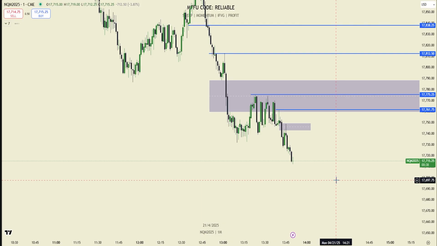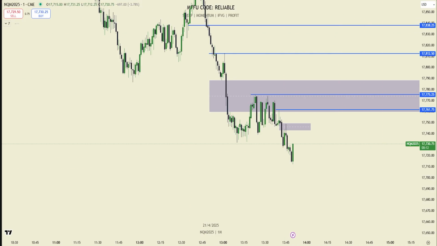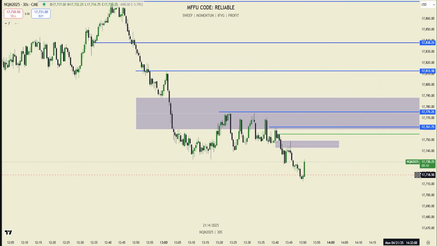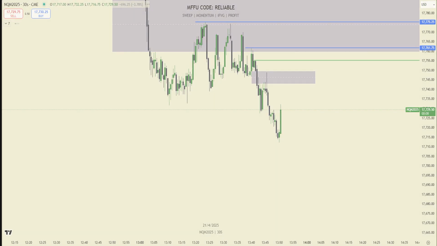So I got hurt today from SMT. I was looking for longs because of it and lost. As long as we're respecting bearish PD arrays, SMTs really don't matter. They're only really good as a hindsight thing to look at, once we start disrespecting bullish PD arrays to the downside if you're bearish, and bearish PD arrays to the upside if you're bullish. Do we have a 30-second here? No, we don't. It's invalid.